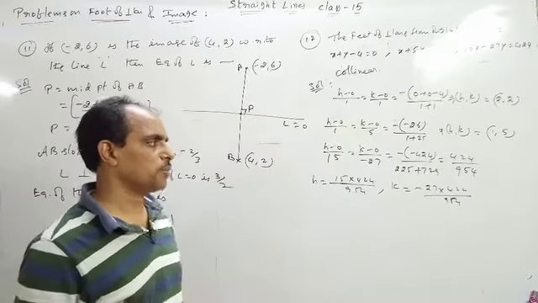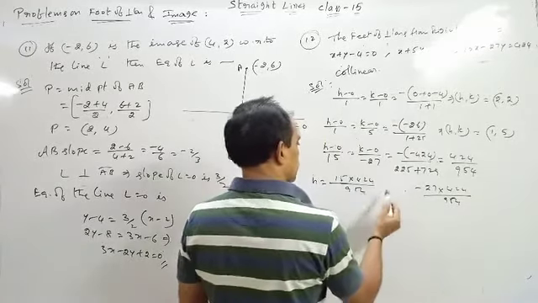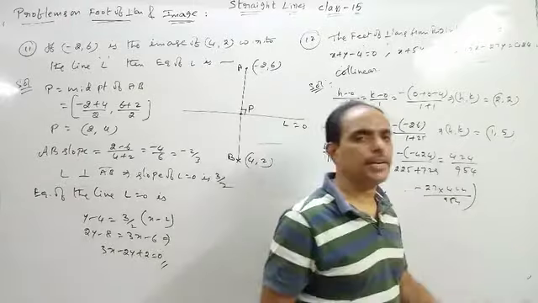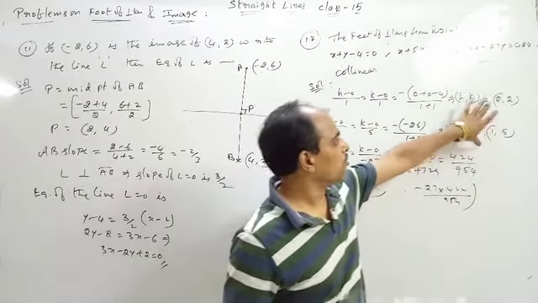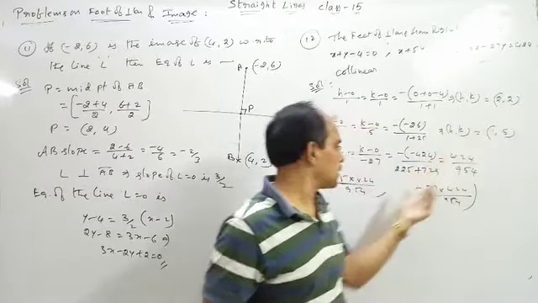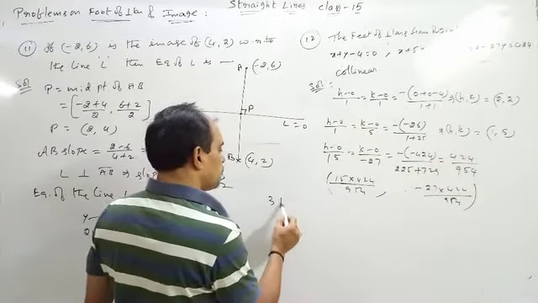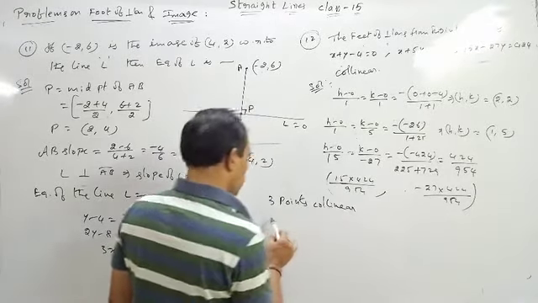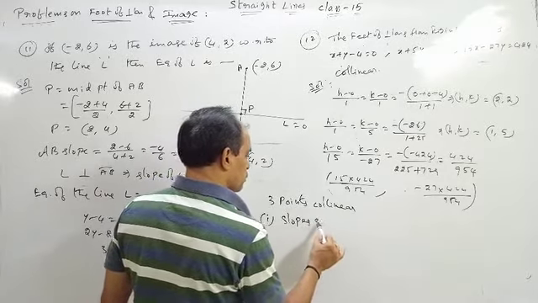So this is one more point. Directly I am writing like this. These 3 points are collinear. Collinear means area is equal to 0, or you find the equation of the line by using two points and substitute the third point, or slopes are equal. 3 points collinear means we can do it one way: slopes equal. This is the best procedure.